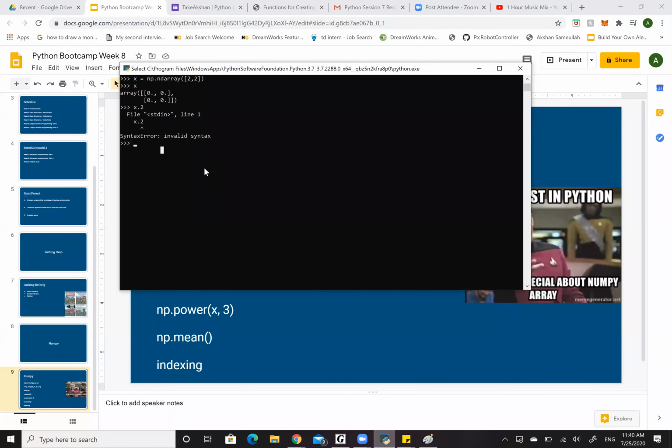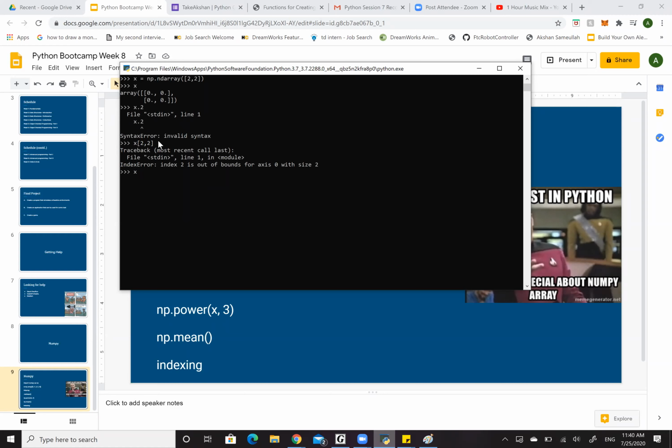Okay, so we had some pretty good guesses. Someone said something like this, 2, 2, both in square brackets. Okay, so like that. I don't know, maybe you meant to put x here, but anyway, that's a pretty good guess, but that's not the one we're looking for. So how you would do this is